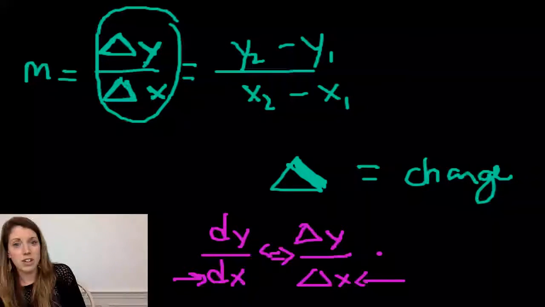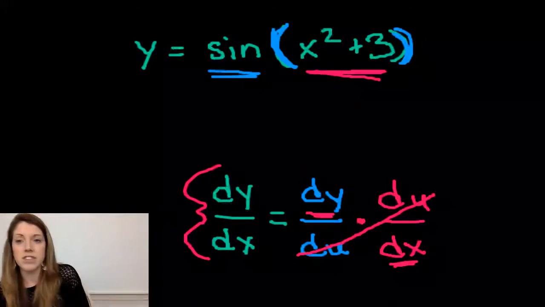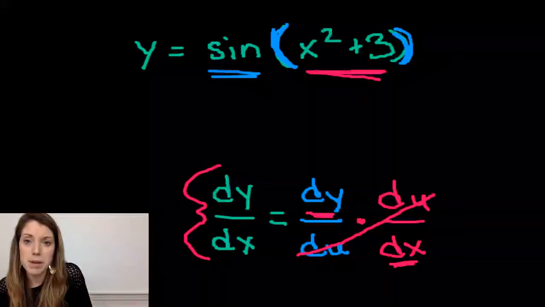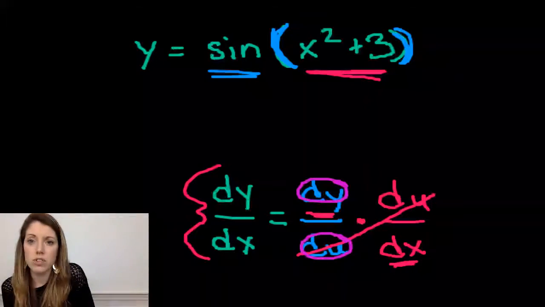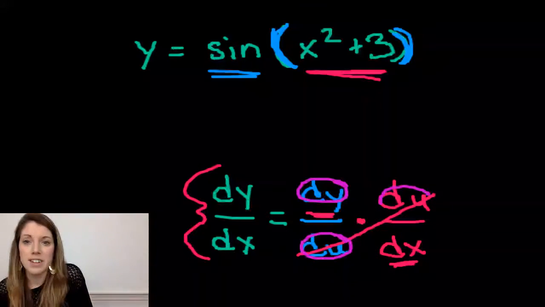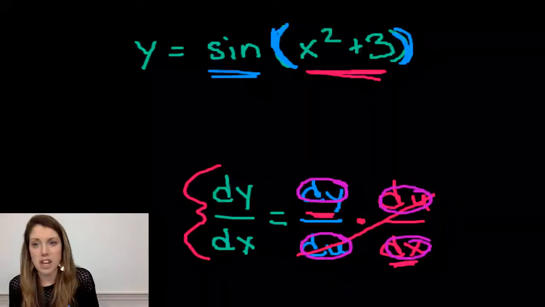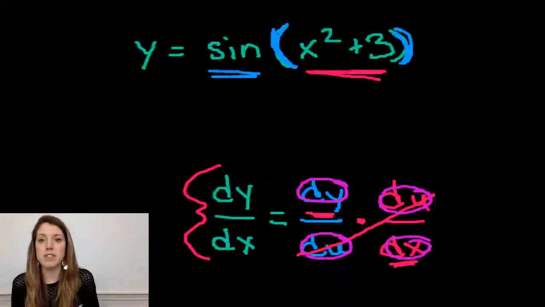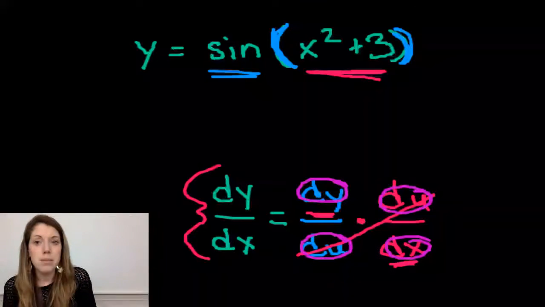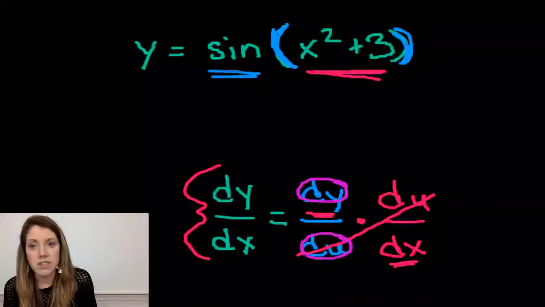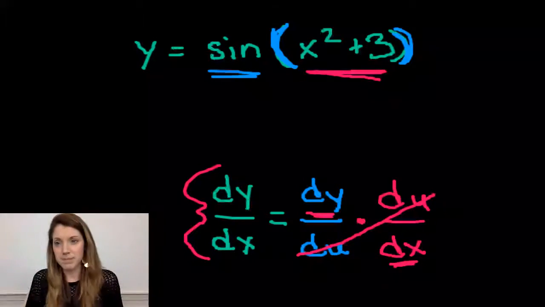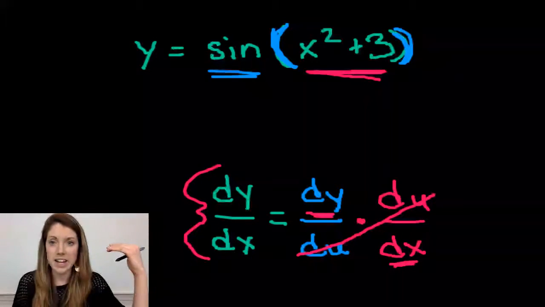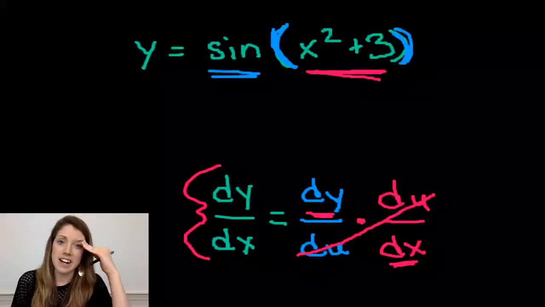Just a cool piece of information, which probably will help us make a little bit of sense of the math here, right? Because really what we're talking about is little instantaneous y change divided by little instantaneous u change times little instantaneous u change over instantaneous x change. So hopefully that just brings some mathematical clarity that I thought maybe I should throw in there. That was a little spontaneous tangent for you. Okay, take that, tuck that away as valuable side knowledge about calculus, and then let's go back to this idea